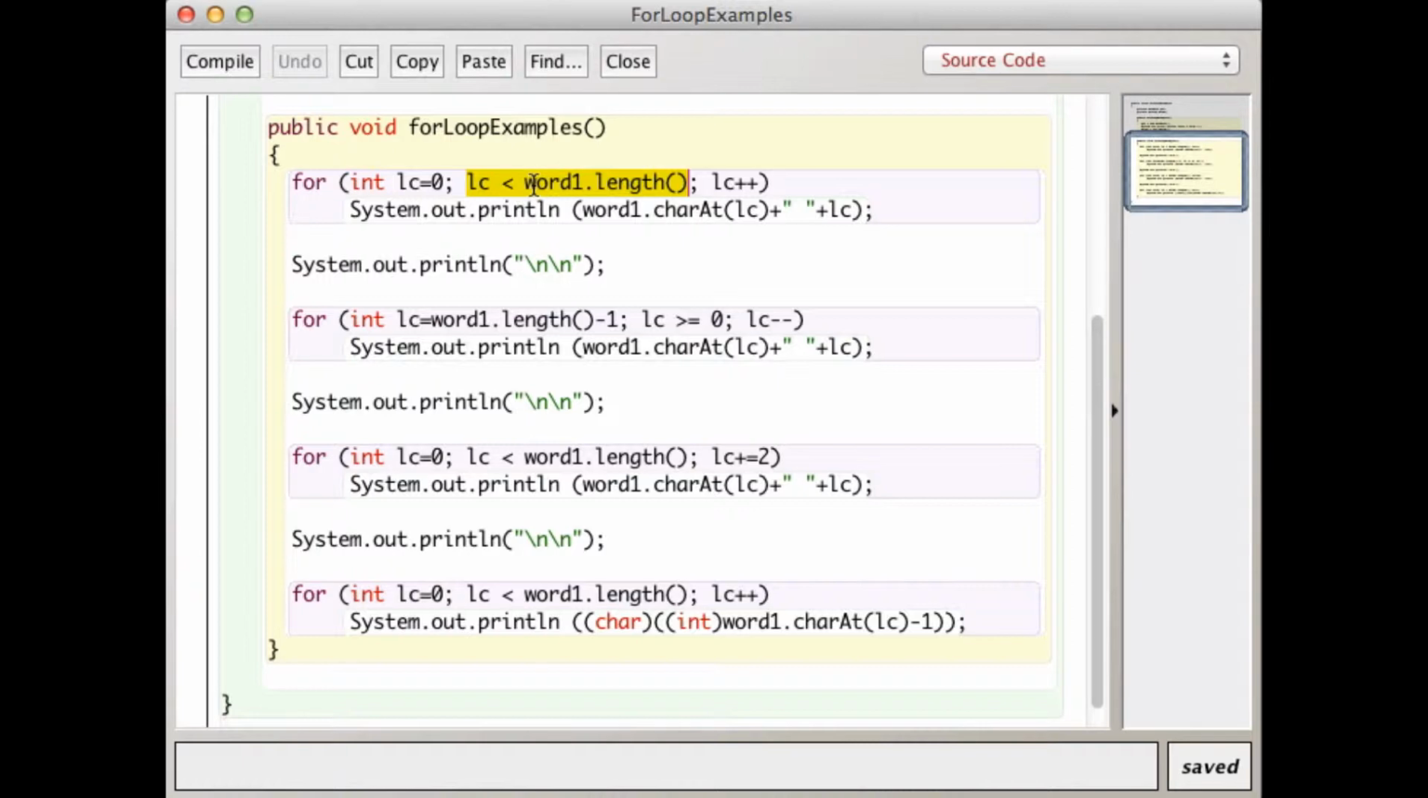As this loop will go, as long as LC is less than word1.length, right? So length, when we're dealing with strings, is the number of characters in the string. So as long as the variable LC is less than that, this loop will keep going, right? So basically, as long as this condition is true, whatever the condition is between the two semicolons, this loop will keep going. Then the final thing is an increment